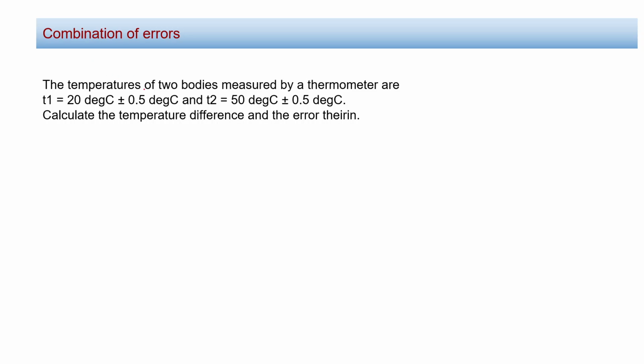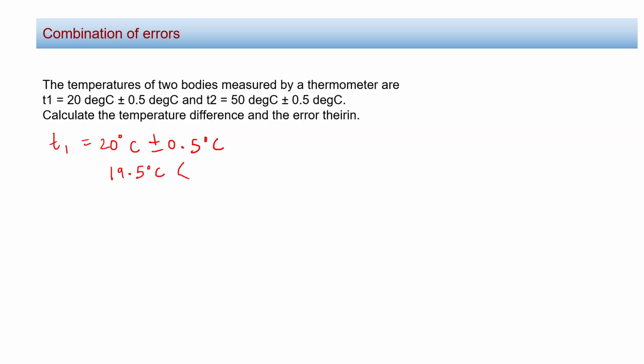So we are measuring the temperature of two different bodies using a thermometer. The temperature of the first body is 20 degrees centigrade plus minus 0.5 degrees centigrade. To make it clear, what we mean by plus minus is that there is some error associated, depending on maybe the least count or some other reason. When we write 20 degrees centigrade plus minus 0.5 degree, it means the minimum the value could reach is 20 minus 0.5, that is 19.5 degrees centigrade,